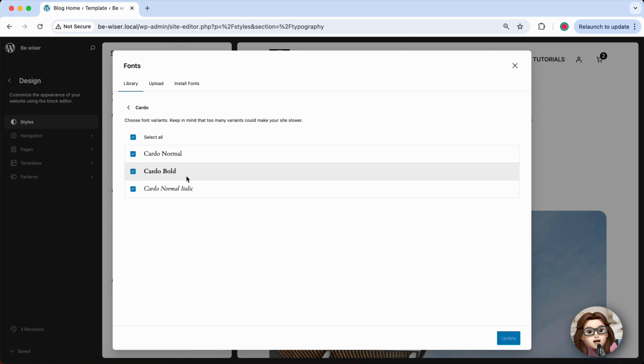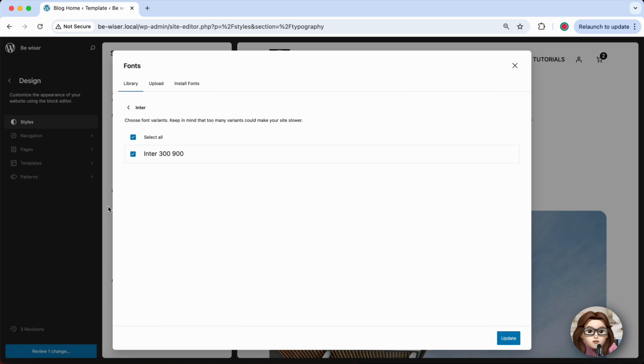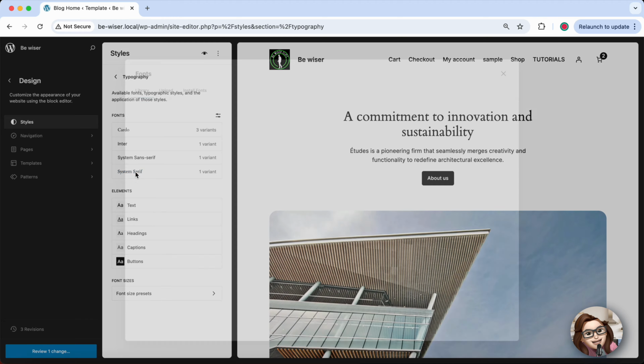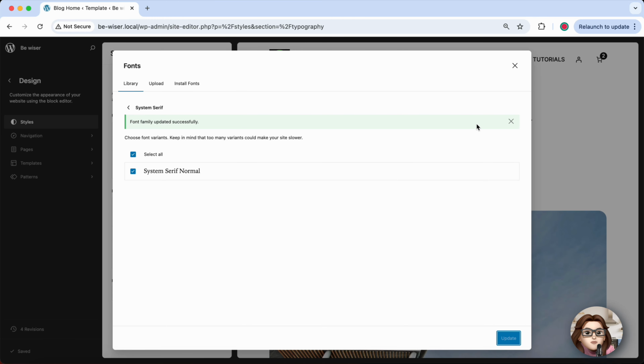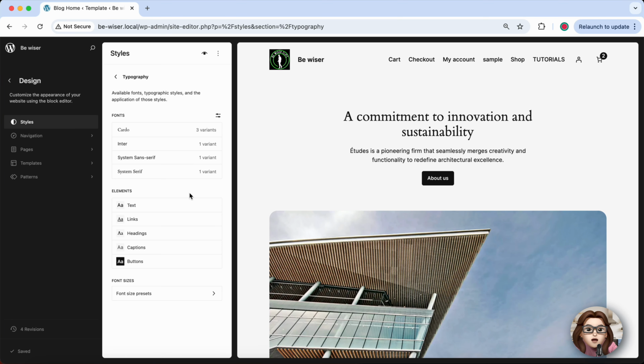You can choose different fonts for headings, body text, and other elements of your site. Take a moment to test a few options and focus on fonts that look good while staying easy to read. When you're happy with your font choices, click the Publish button to save your changes and make them live on your website. That's it. You've successfully added Google Fonts to your WordPress theme and given your site a fresh, professional